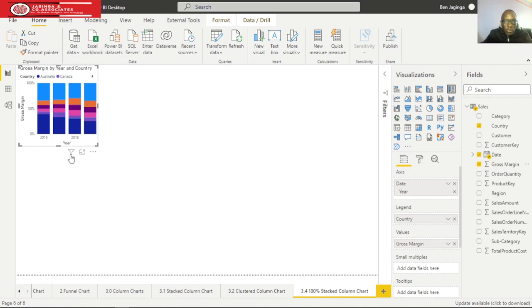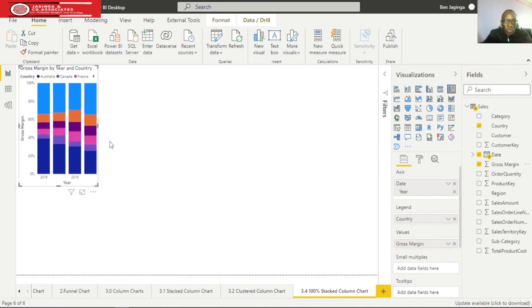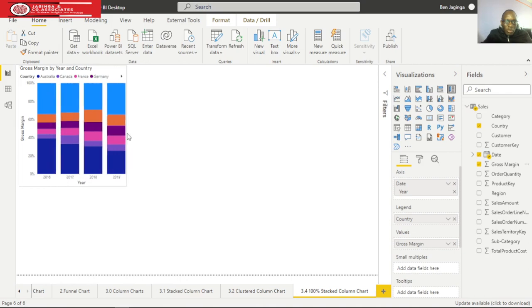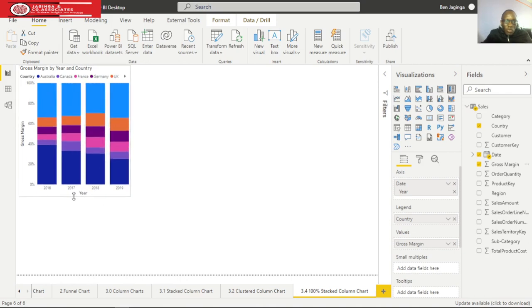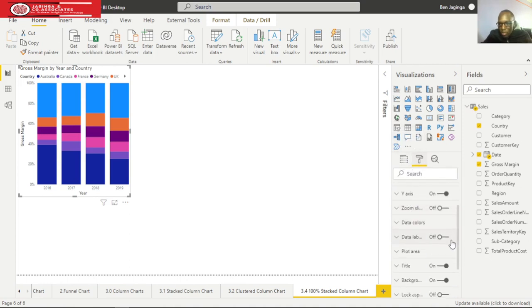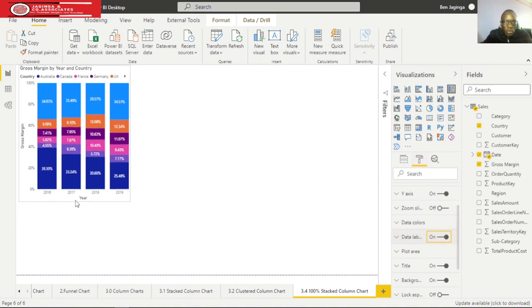So already we have a 100% stacked column chart. But now this one has been analyzed in terms of percentages and not just figures, but percentages. So let's bring in the data labels. So I'll click on this formatting button and then put the data labels on, and then again we can give it some